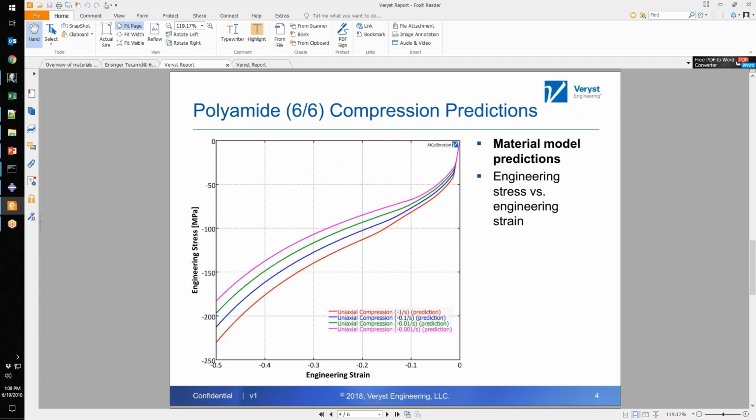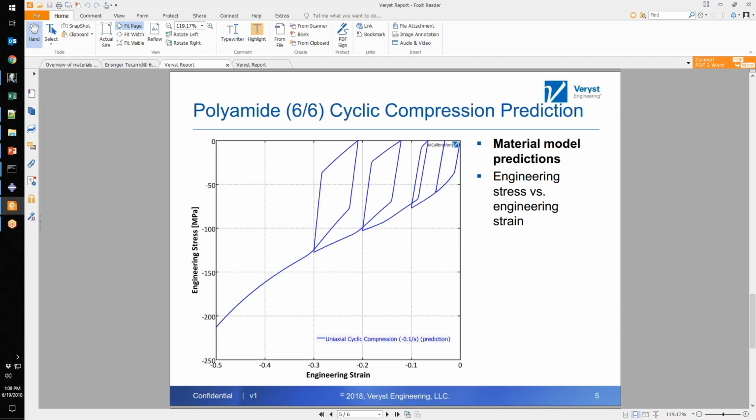And then the next slide just shows you a similar result, but for compression. So again, you can see how the material behaves in compression. The next slide shows you how the material behaves cyclically. So you can see here the first cycle, which is about 5% strain. There's not a lot of hysteresis, but there is a lot of plasticity. Then as you get to higher strains, you get more and more hysteresis and increasing plasticity as you go larger